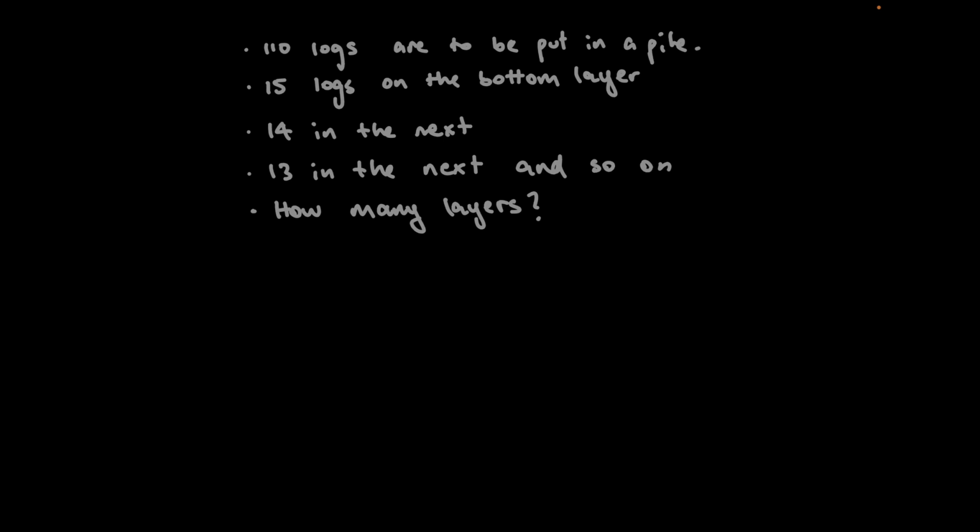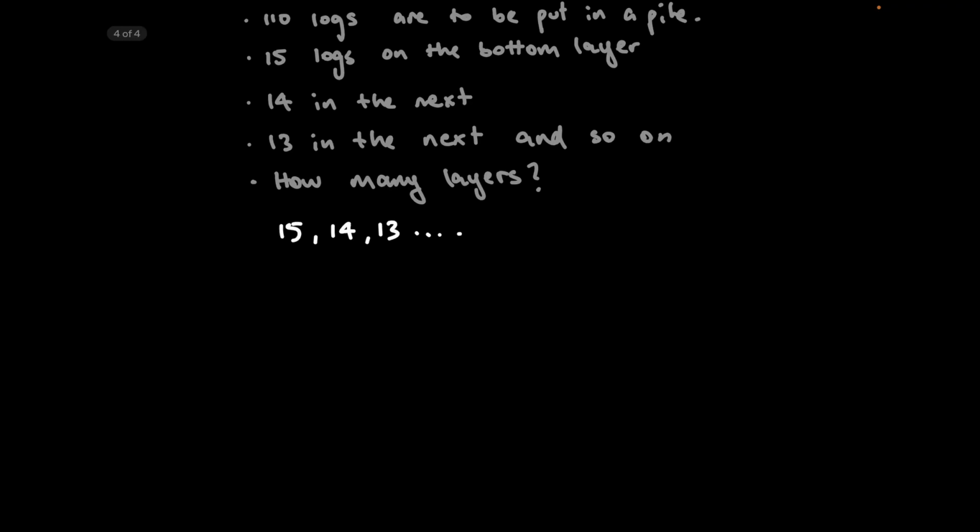So we know that in the first layer, there are 15 logs. In the next layer, there are 14 logs. In the next layer, there are 13 logs, and so on. Okay, so I'm just going to write that down: 15, 14, 13, etc. So this is our sequence of terms for the number of logs in each layer. So we need to sum up all the terms in this sequence until we get to 110 and no more